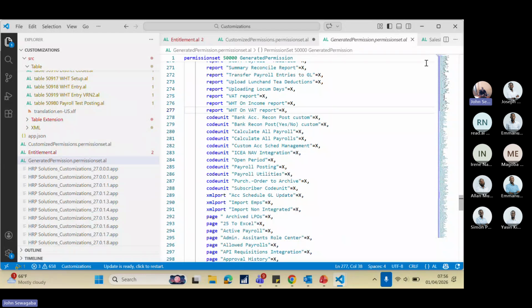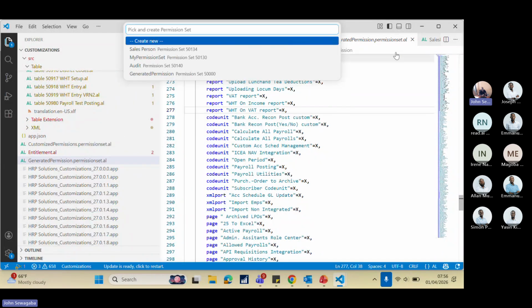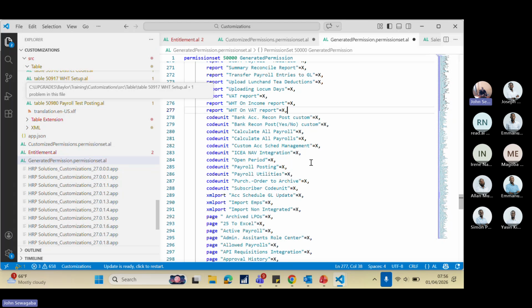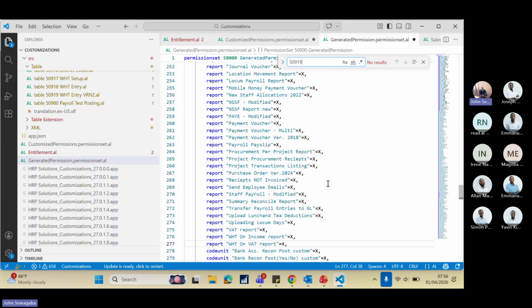So for me to update this extension, I'm going to come, I say generate, it will ask me, do I need to create or do I need to update? I'm going to say I'm going to update generated permission set. So here it is, it has already done the update. It's just as swift as that. If I come here and I search for that particular one,